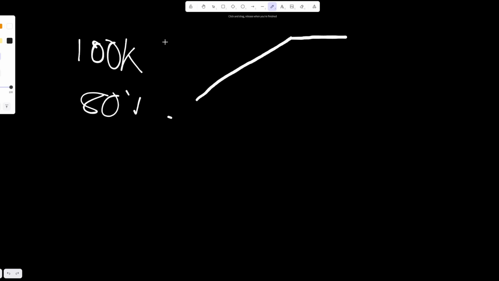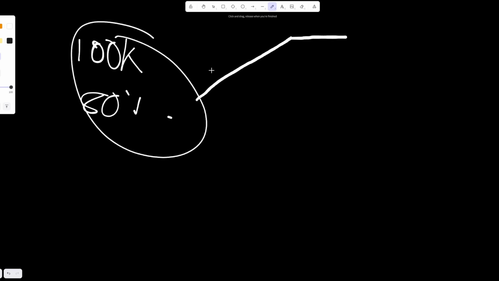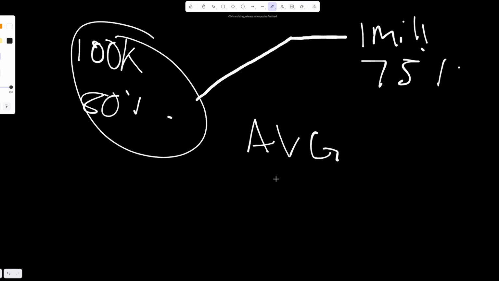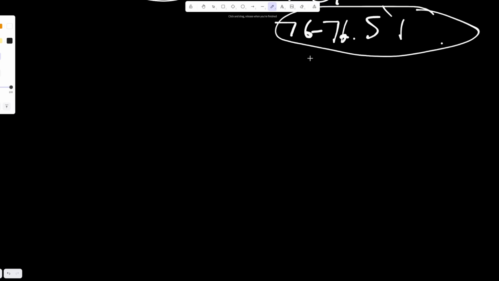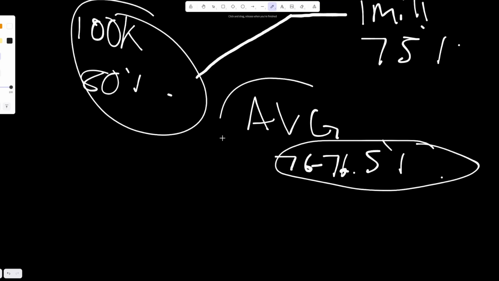So if it is shown to 100,000 people and it gets 80% swipe rate, and then YouTube decides it's a good video and pushes it to 1 million people, and their swipe through rate is like, I don't know, 75%, just by sheer numbers, your average swipe through rate is going to probably show up as around 76, maybe 76 and a half. But that's not really indicative of how the video is performing for that initial audience of 100,000 people unless you were tracking it in real time. And that's why it's important to look at the entirety of the VVSA graph and not just the average.